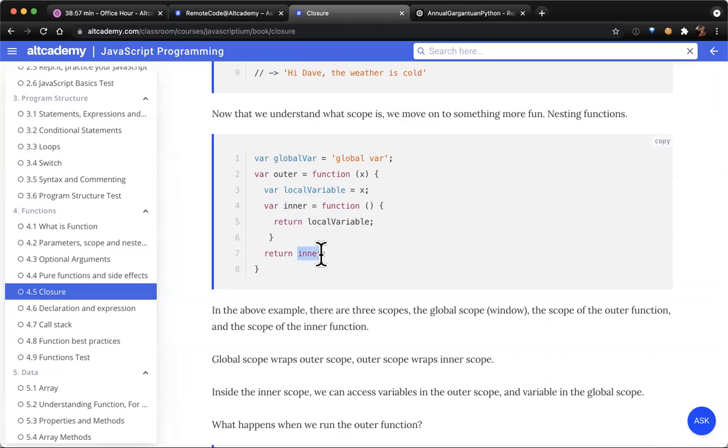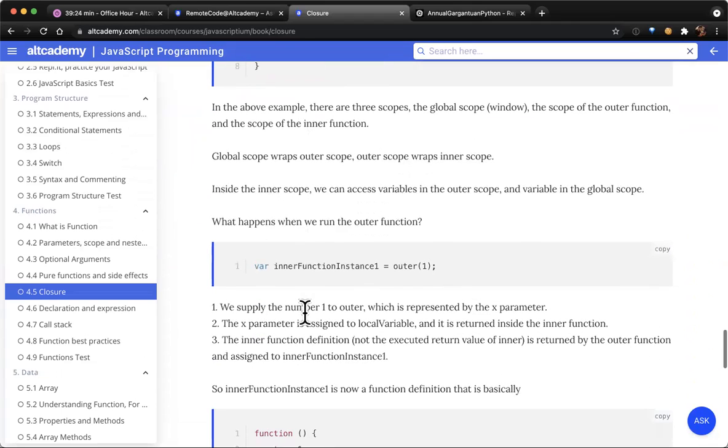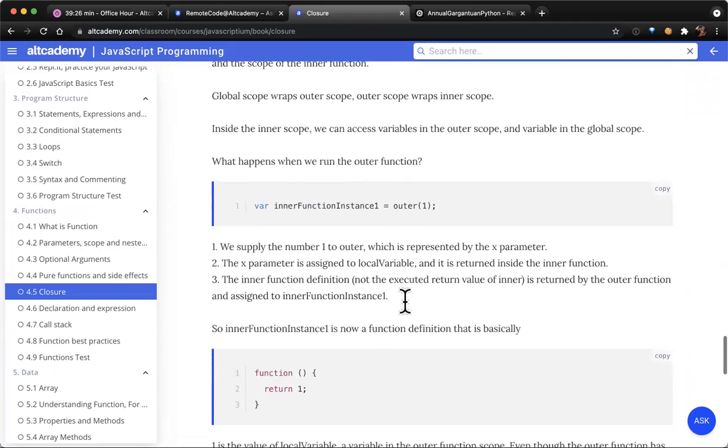We're returning the whole inner box, the machine itself. We're not saying execute the machine and then return whatever output it gives. That's not what we're doing here. We're returning the actual box. Okay, so this is tricky. No brackets means we're returning the function value, the function itself. If we did the brackets, it'll return the local variable, which is 1. Okay, so this is very tricky.